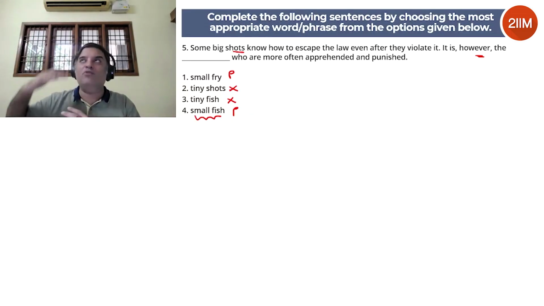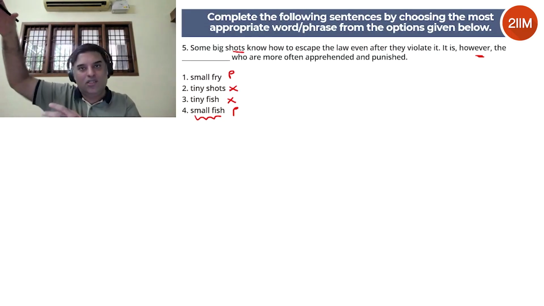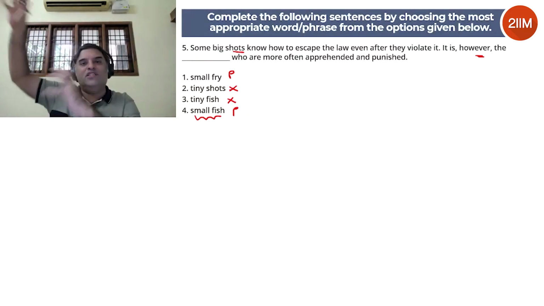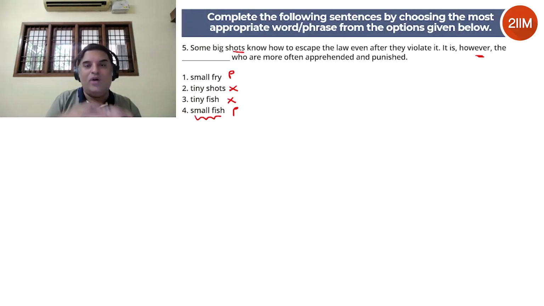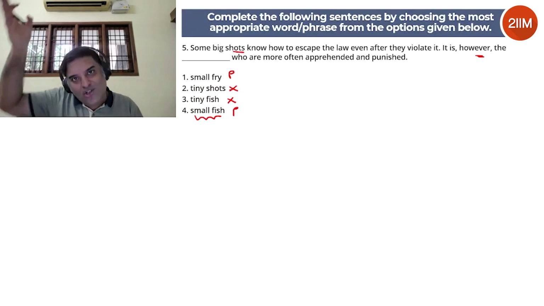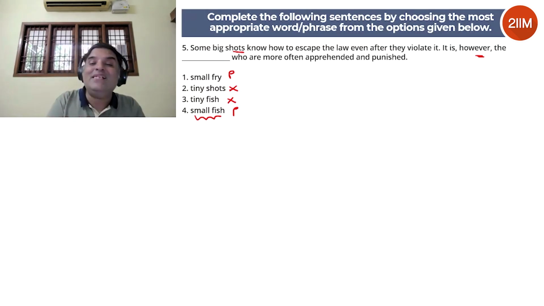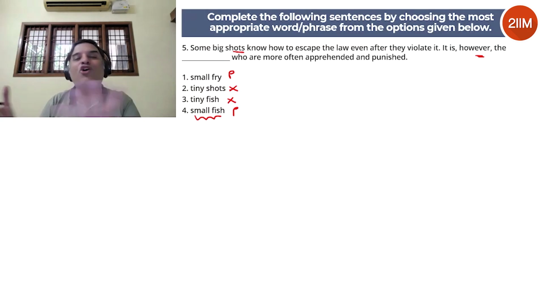Because in an organization you have a hierarchy. So people at the top of the hierarchy are the big shots, the big guys, the CEO, the CTO, the CMO, or even the vice presidents, presidents. And then you have the freshers who are right at the bottom of the hierarchy, and they could be called small fish. So small fish is generally used in business context or where there is a clear hierarchical structure. In an organization, you have a clear hierarchical structure. But in this case, we are not really talking about a clear hierarchy structure. We're talking about society. It's not in the business context, right? So that's why small fry is better than small fish.